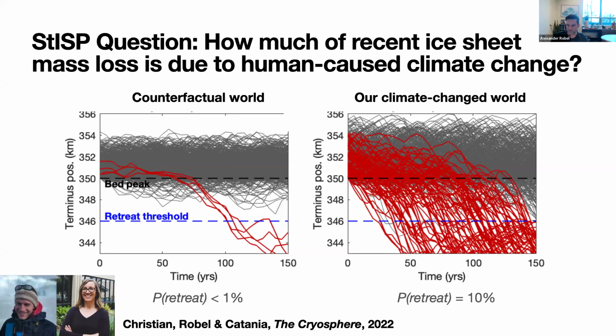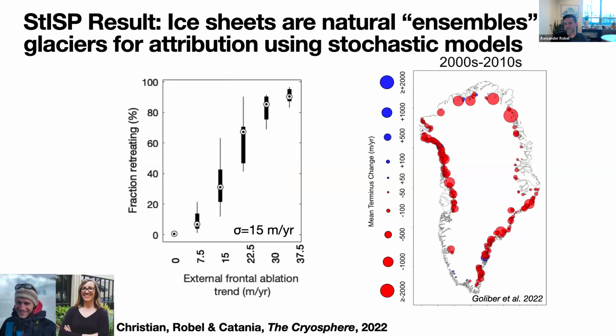And so using this sort of framework, this starts to allow us the possibility of making attribution statements about glacier retreats in places like Greenland and Antarctica, where we can say that the probability of retreat in these settings could be increased or multiplied by some amount due to human-caused climate change. And the really nice thing with the way that ice sheets work is that ice sheets are made up of many individual glaciers, so ice sheets end up being natural ensembles of glaciers, which is very useful for